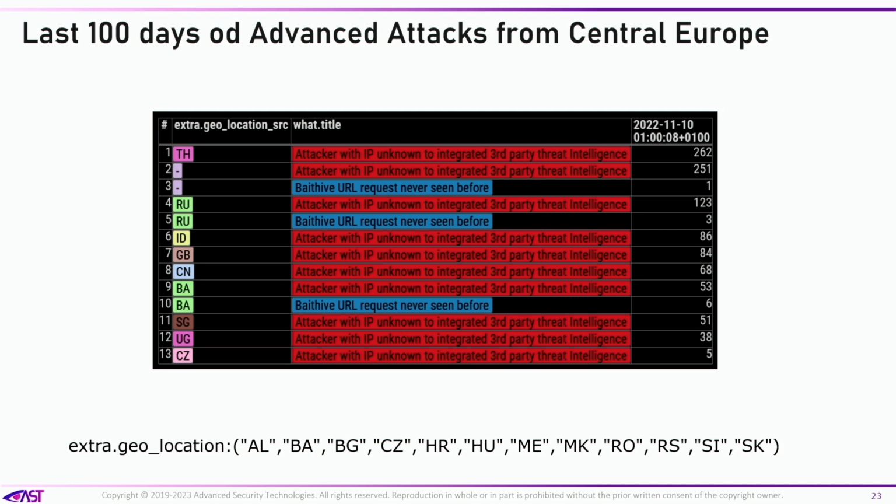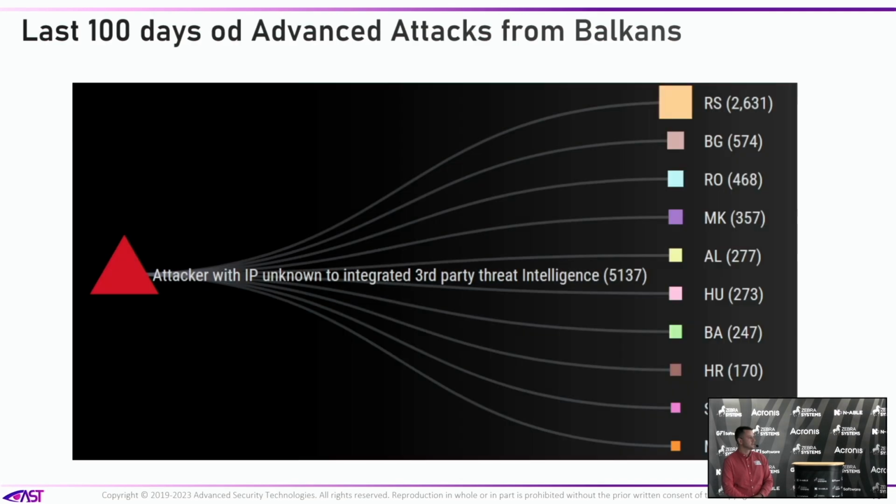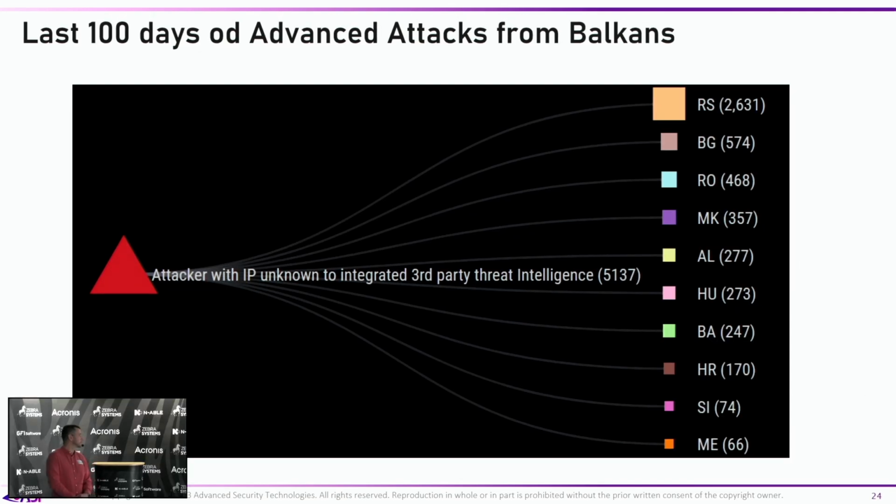So we also use commercial and open source threat feeds, not just threat feed from our clones. And these are the attacks, or the threat indicators, that are not reported by other threat feeds. Also, a bait high roller request never seen before is an attack that is never seen on the clone before. So something new.